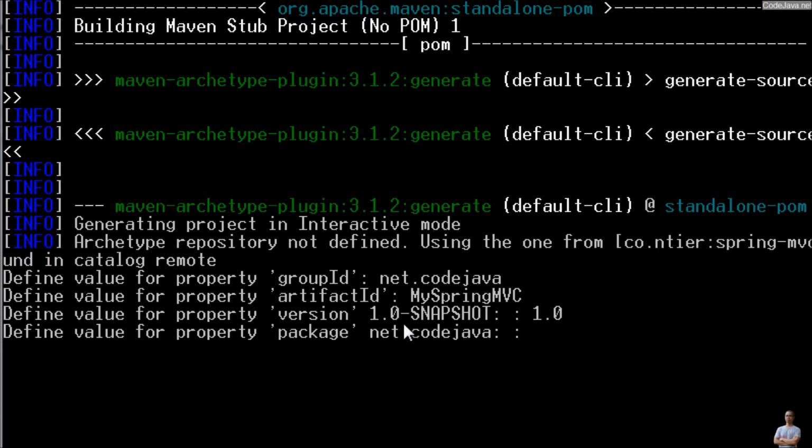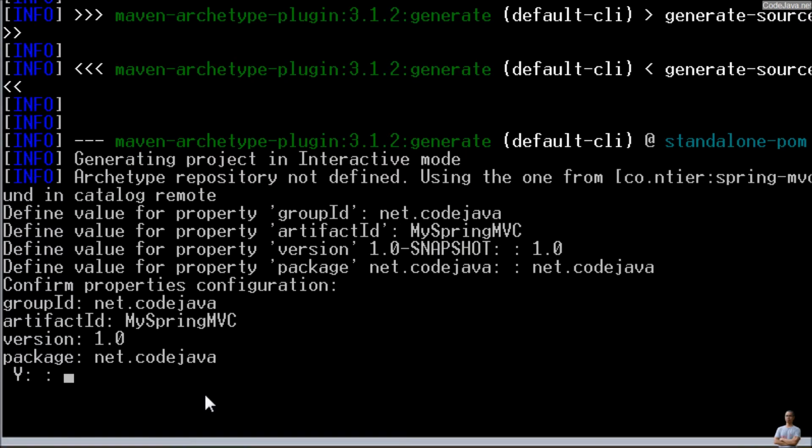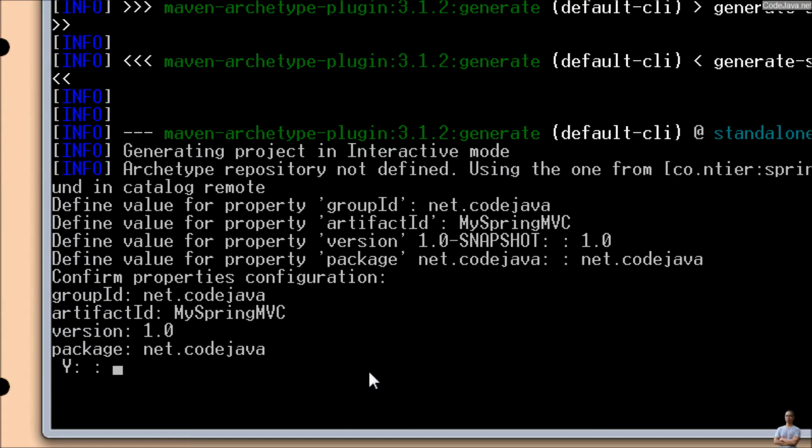Specify the package name is net.codejava, and confirm the information: group ID, artifact ID, version, and package. Yes,